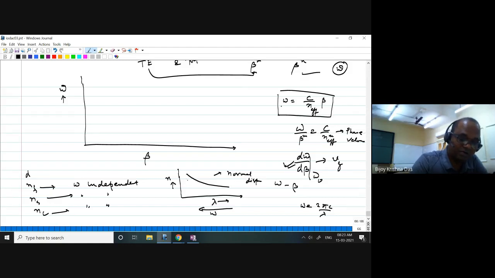Typically, we are considering that the refractive index is real and the material is more or less transparent. In that region there is no absorption, no resonance absorption, nothing happening. Then the refractive index follows the normal dispersion curve. This is called material dispersion.